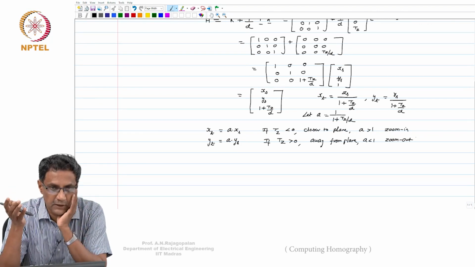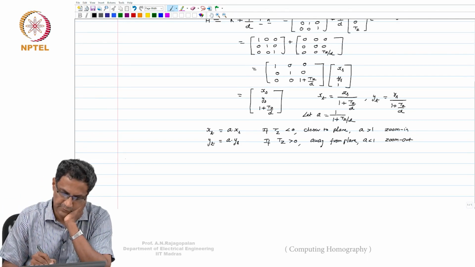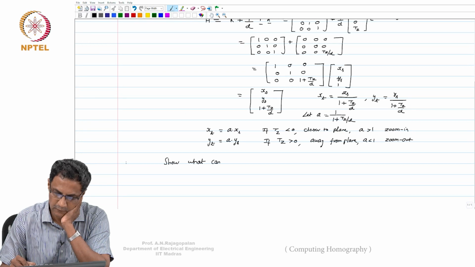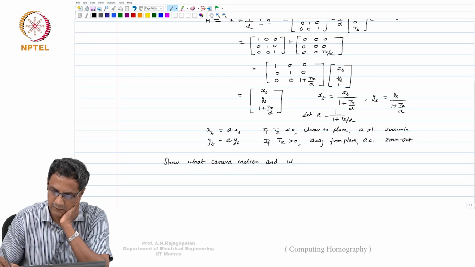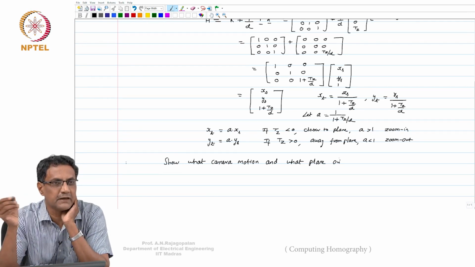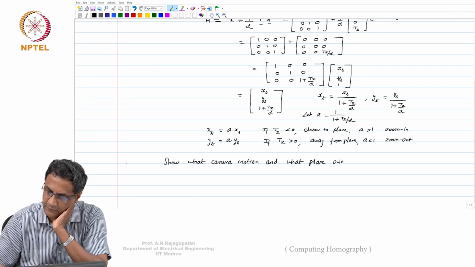Okay, these are small examples. Now I'm going to leave it as an example. This is going to be a small little homework for you. Show what camera motion and what plane orientation will yield shear. Suppose you assume it to be like 1 K 0 1, this is the X shear. Okay, what plane orientation